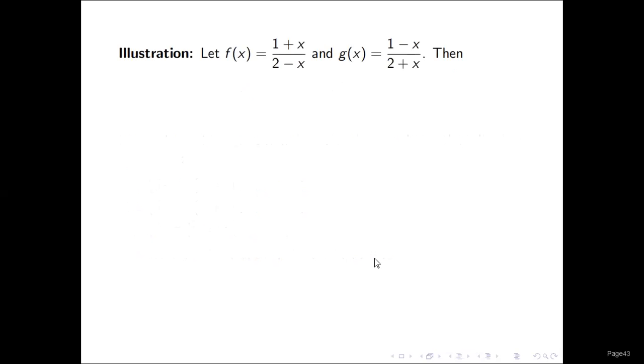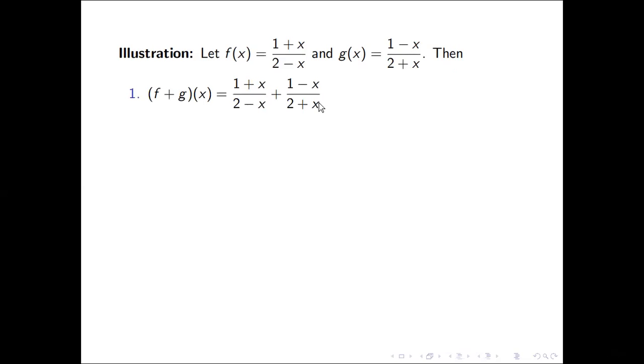So let's illustrate that. Consider those two functions. f of x is (1 plus x) over (2 minus x), and g of x is (1 minus x) over (2 plus x). Let's add f plus g of x. If you're asked for that, you know that you will be adding the two. So if we simply put those two here, we have that, but you are required to simplify. I leave to you reviewing the process of simplification of rational expressions.